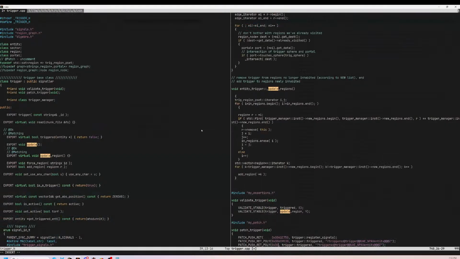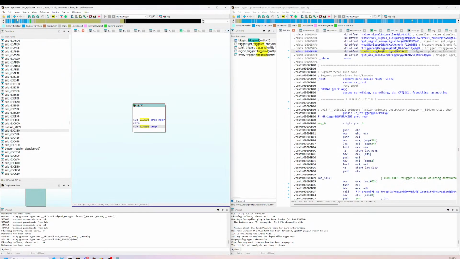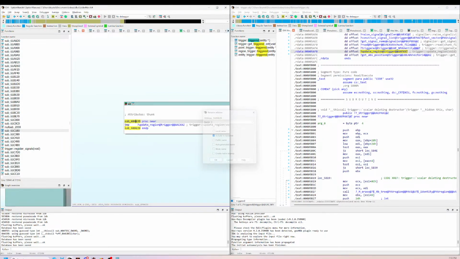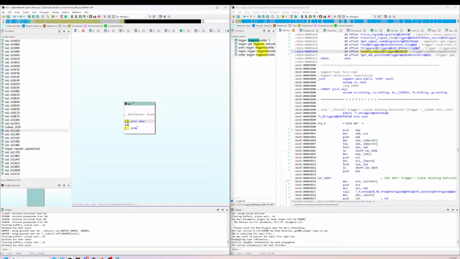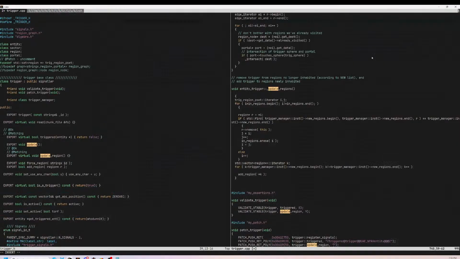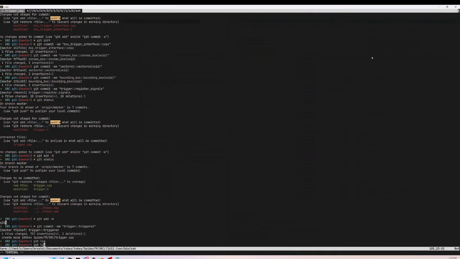Okay, this guy, the region, because I might want to reference them. So it would be nice to have proper names. Okay, so yeah. So git commit update region,